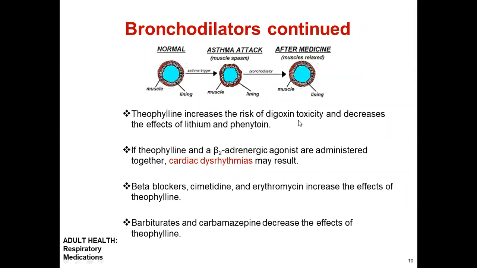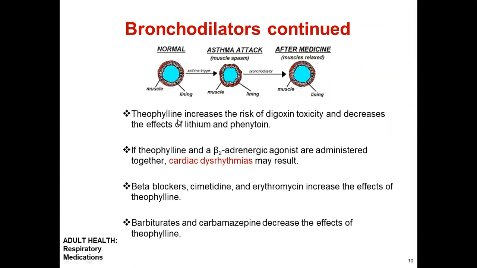So digoxin is a drug we use for congestive heart failure, a cardiac medication, right? It is also called a cardiac glycoside, a very important medication to treat atrial fibrillation or atrial flutter. But what is important? Digoxin's therapeutic index is very narrow, and every healthcare provider must know the signs and symptoms of digoxin